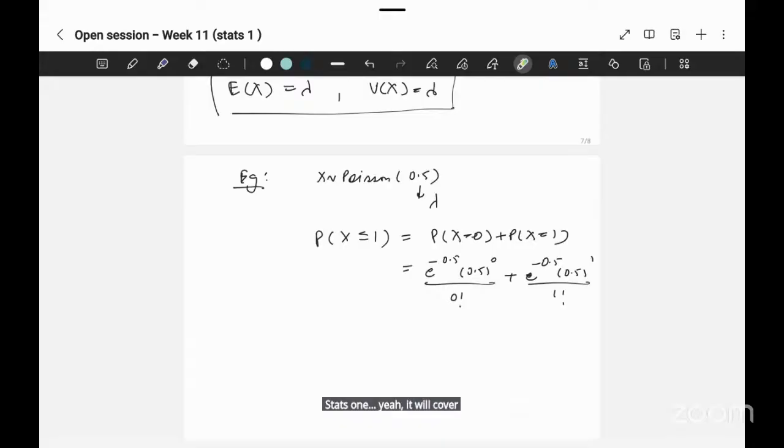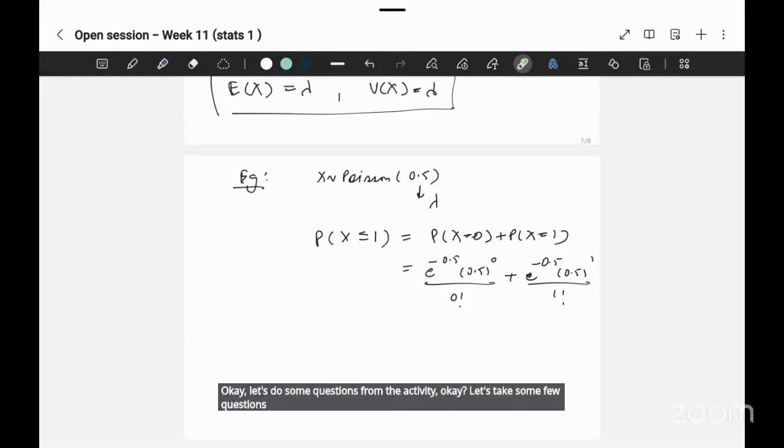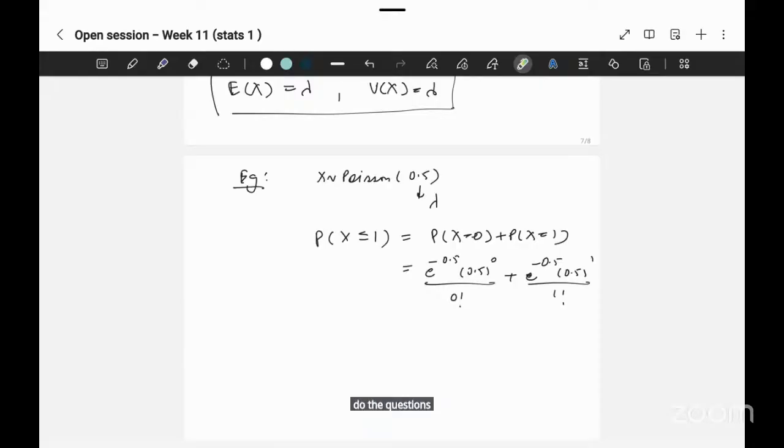Okay, let's do some questions from the activity. Let's take a few questions so that it will be easy for you to do the questions. I'll be taking 11.1 and 11.2, which are simple questions. You will be able to do it. Then from